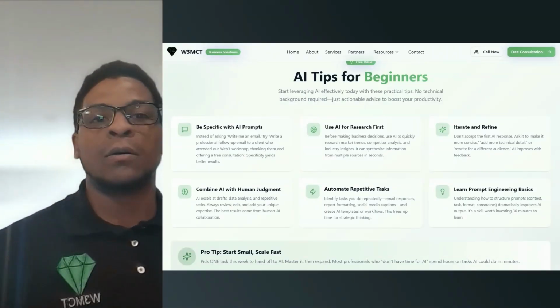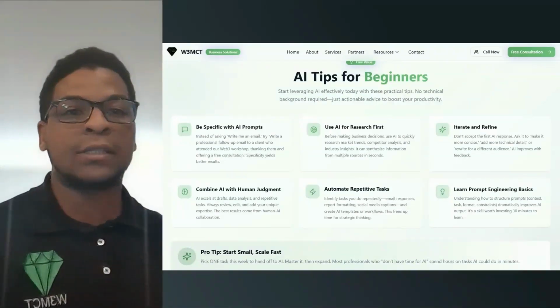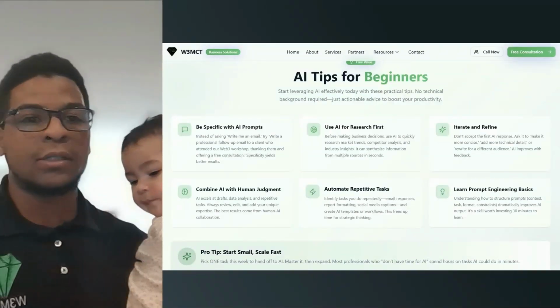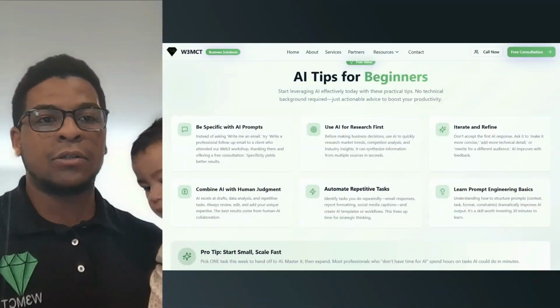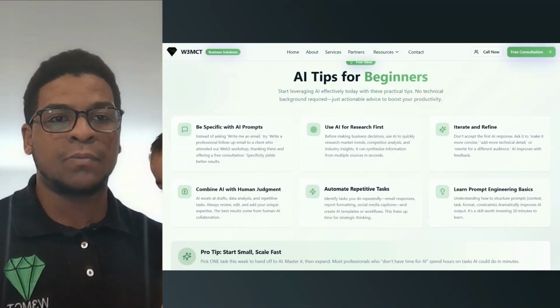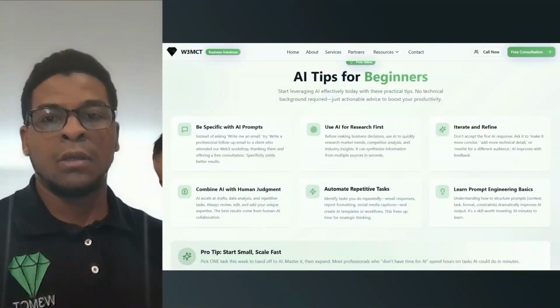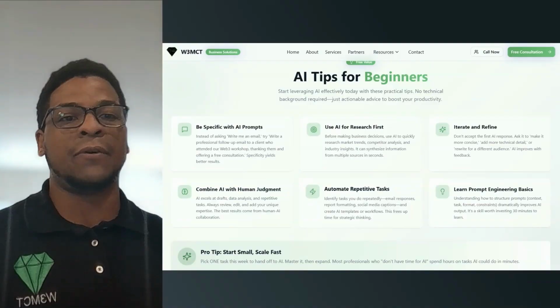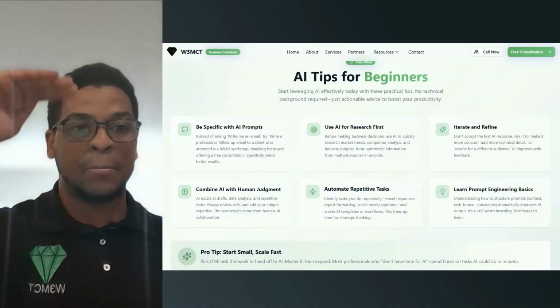Anyway, so iterate and refine. Don't accept the first AI response. Ask it to make it more concise, add more technical detail, or rewrite for a different audience. AI improves with feedback. Now, the cool thing about iterate and refine is that it gets better and better.